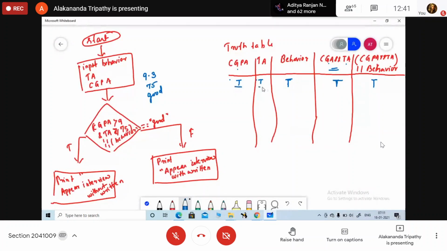So this value true and true. So here the output will be true. Then we are going to check CGPA and theory attendance or behavior. Means this value or with behavior. So true and true. Here the output will be true.